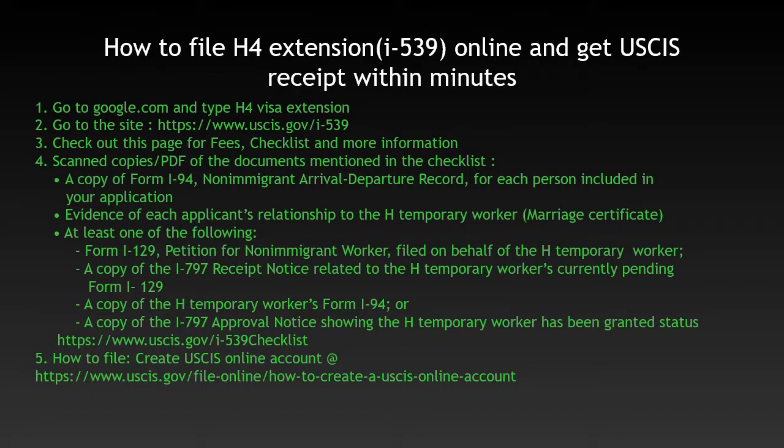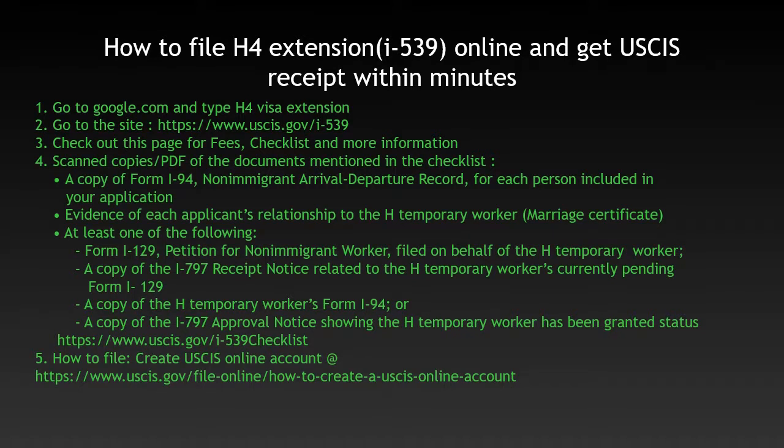Or if the application is approved, then you can attach the I-94 form for the H1 temporary worker, and also the I-797 approval notice for the H temporary worker. All this checklist can be found on this website,